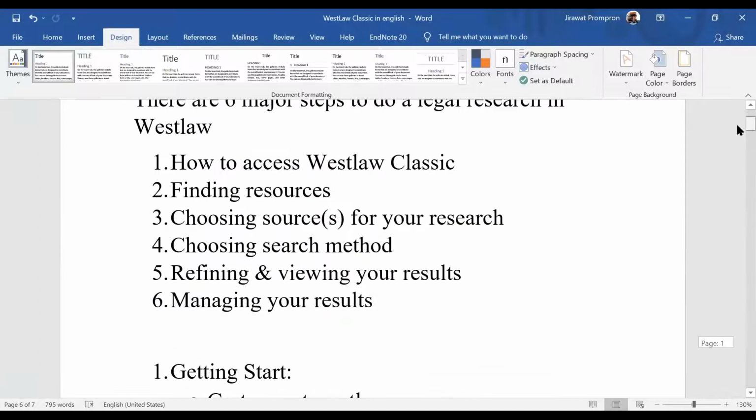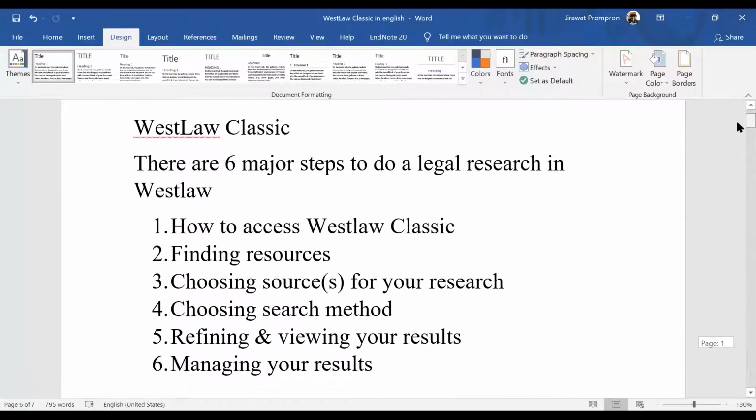Just remember that there are only 6 major steps to do legal research in Westlaw. The first one, how to access. Just log in the VPN, just type next.westlaw.com. And the second, keep in mind that